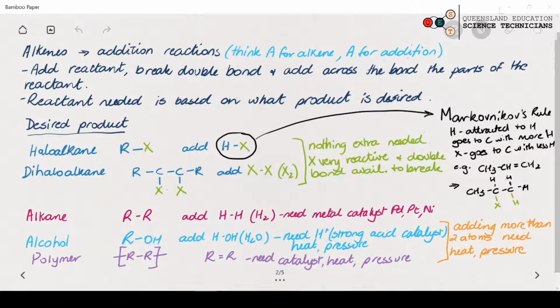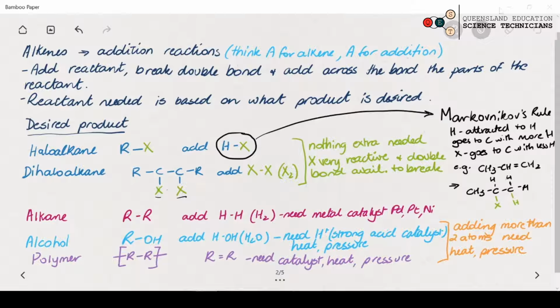With our dihaloalkane, where we actually have two of our halides bonded to the two carbons, we need to add the element of the halides. Remember, all of our halides are diatomic elements, and we don't need anything extra because our halides are really reactive and they've got a double bond available, which needs slightly less activation energy to break that. So then we don't need to add anything else other than the